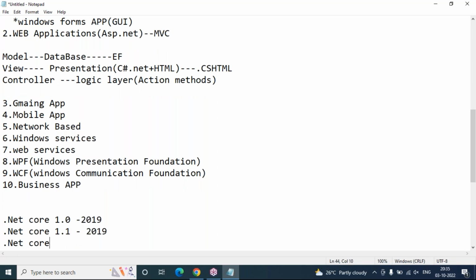Then .NET Core 2.0. Just give me 1 second.